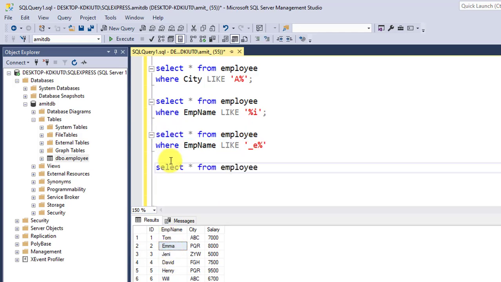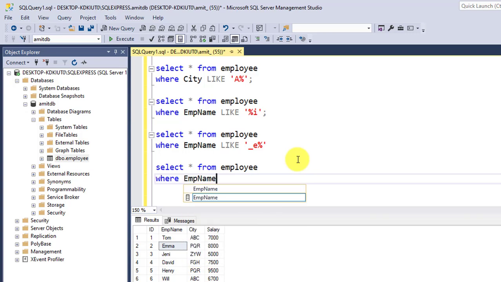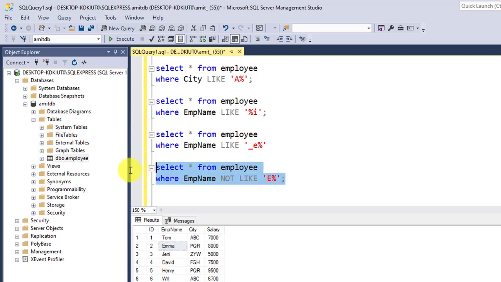I'll mention the condition again: EMP name NOT LIKE E. Mention percentage because there can be any number of characters after that, but the first character is fixed, which we have mentioned as E. Semicolon. Now except Emma, every record will be visible. Execute. Here you can see except Emma, every record is visible. In this way we can also work with the NOT LIKE operator.